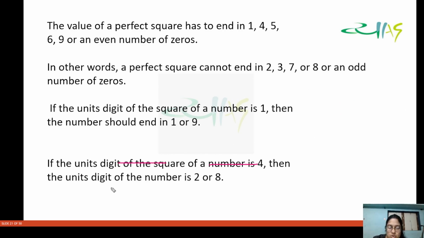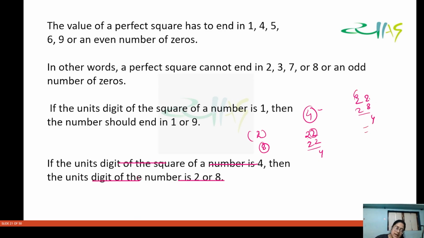लास्ट प्रॉपर्टी यहाँ पे पढ़ते हैं, if the unit digit of the square of a number is 4, then the unit digit of the number is 2 और 8, है ना। यानी कि अगर कोई ऐसा स्क्वायर है जिसकी लास्ट डिजिट 4 आ रही है, तो उसके नंबर की यूनिट डिजिट या तो 2 होगी या 8 होगी। चलिए इसको वेरीफाई करके देखते हैं। जैसे 22 का स्क्वायर ले लीजिए, ओके, तो ऑब्वियसली 4 आ रहा है, इसकी यूनिट डिजिट 2 है। और लेट्स से 28 का स्क्वायर ले लीजिए, तो 8 8 ज़ा 64 करेंगे, ठीक है ना।